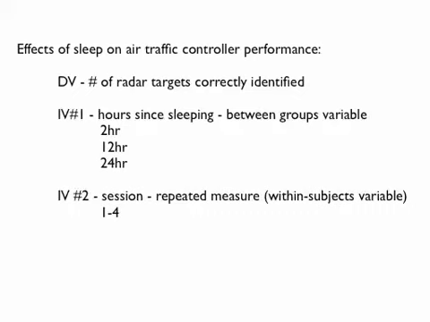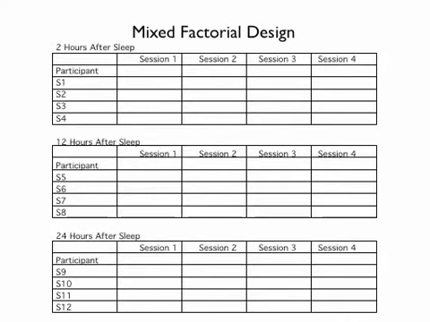When you have two different factors being manipulated in this way, one is a between groups variable and another is a within subjects variable, you call it a mixed design. So what we're mixing here, we would call this a 3x4 mixed factorial design. And what's mixed is that one is a within subjects and one is a between subjects factor. Okay. So this might be how we would record our data on this sheet here.